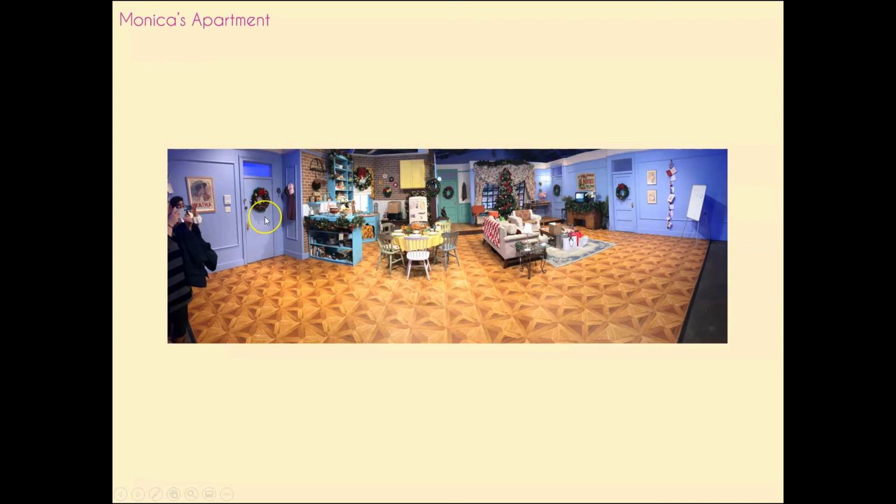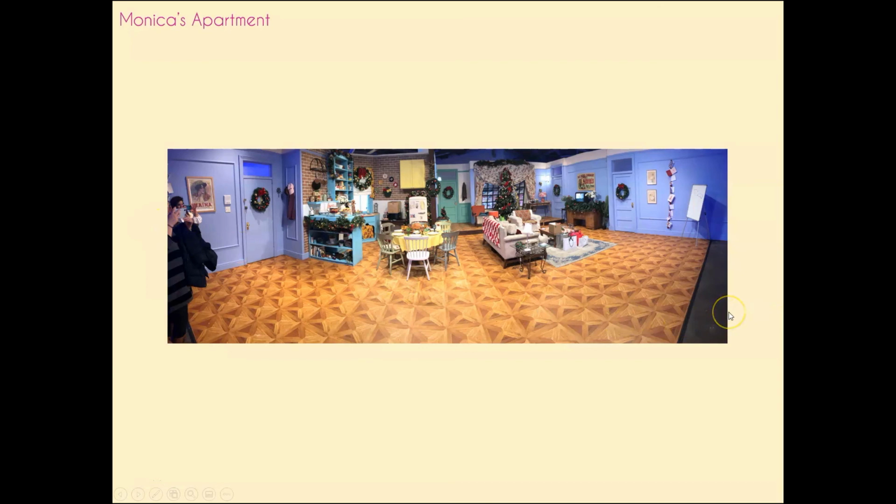What they did have, which if you're interested, I'll put in another video, they had interlinking sets, so where the cameras and the audience would be here, if the characters were moving from Monica's apartment into Joey or Chandler's apartment, which again we don't see in the pilot but we do see later in the series, the characters could walk out of this door, which was linked to the set for the hallway, and then straight into Joey and Chandler's apartment, which were linked in that way. So a camera could track all the way along this set here to follow the characters out of the door.